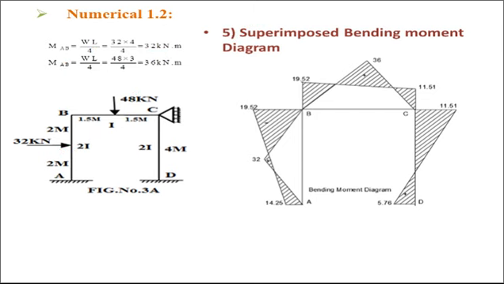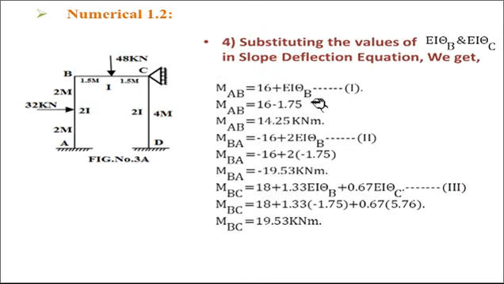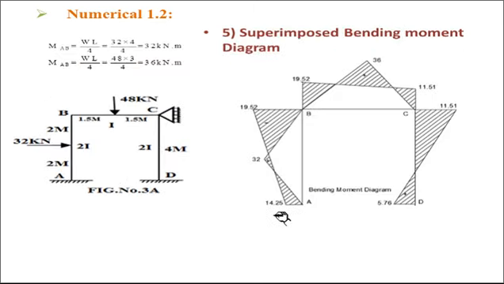Now end moment at A, MAB is 14.25 positive. So how to show it? Keep pen close to A and rotate in anti-clockwise sense. So the arrow is coming like this. If you rotate about A in anti-clockwise sense, the arrow cuts the member and comes toward the left side. So show toward the left of column AB, 14.25.